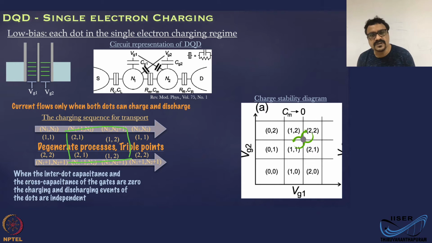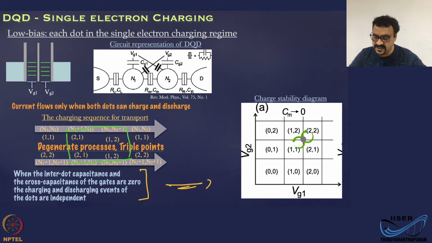So in this special case, when you don't have any capacitance coupling, when you vary VG1, you will vary only the dot 1 energy, and that can take electrons or donate electrons. And when you vary VG2, you will affect only dot 2, and dot 1 is left independent. It's not going to affect any parameters of dot 2.